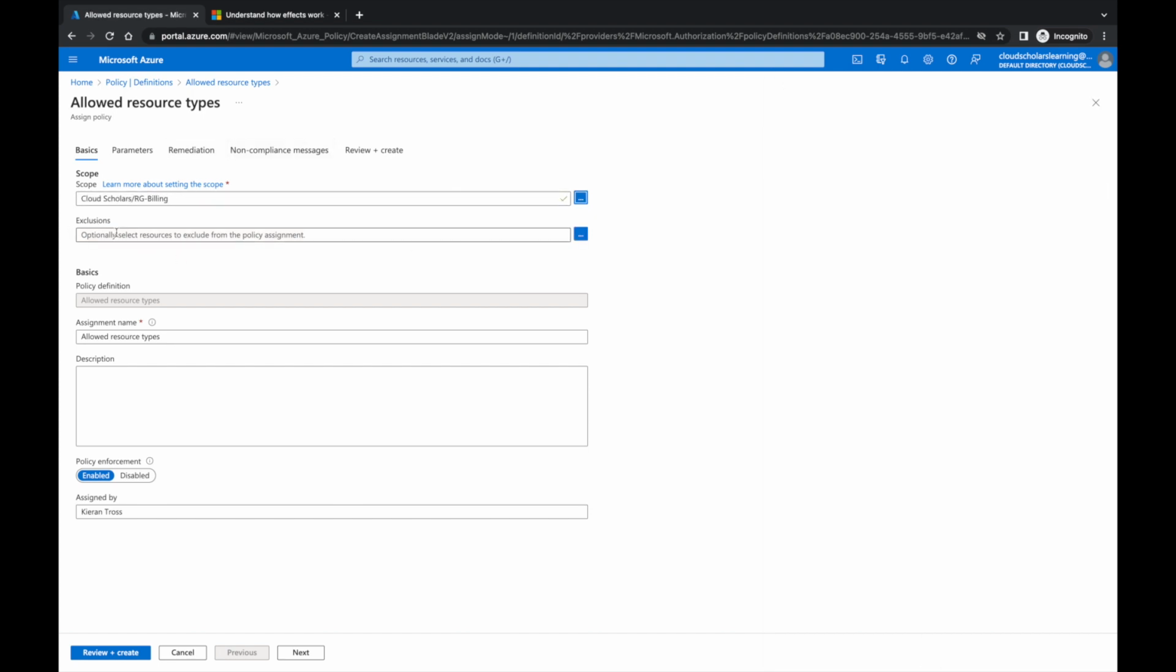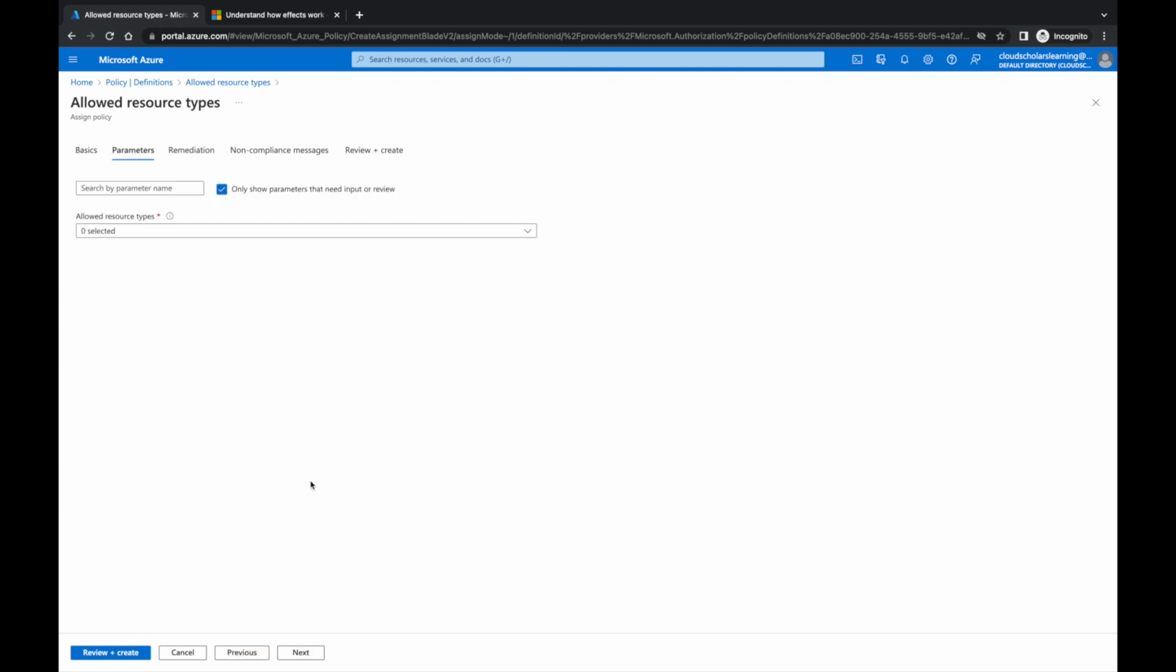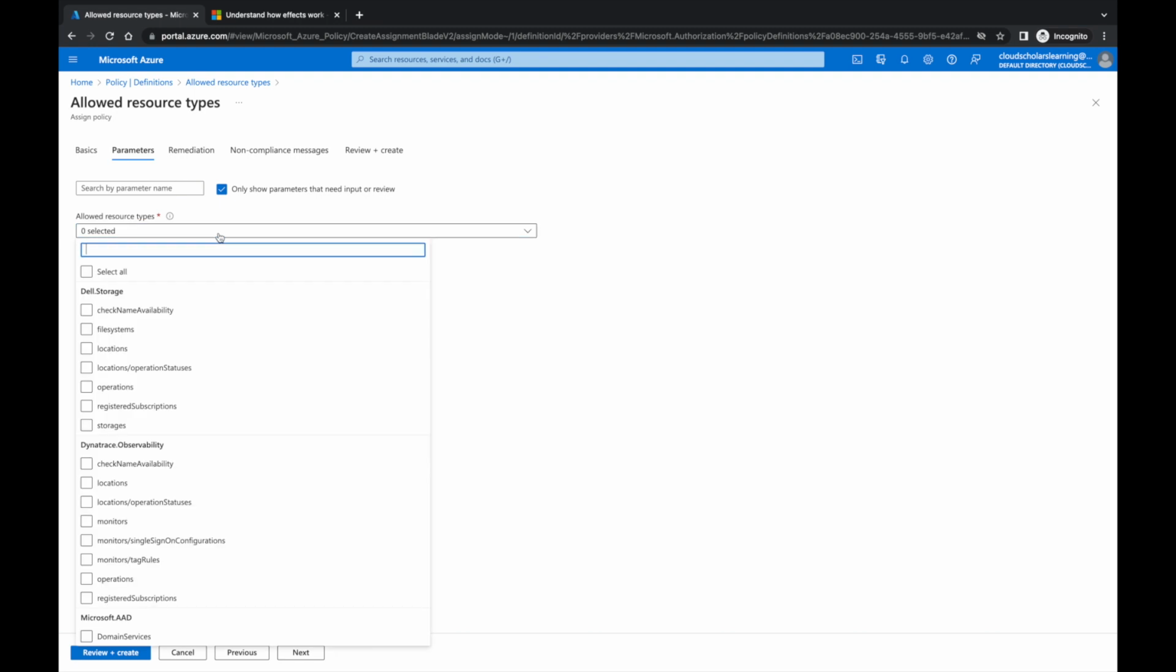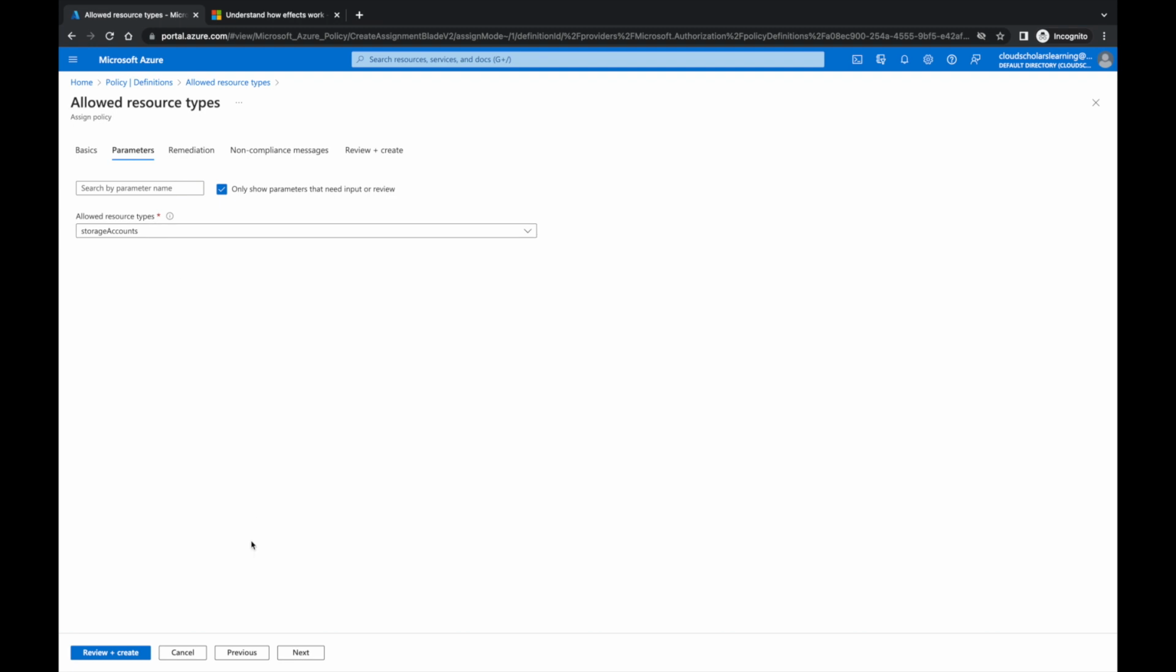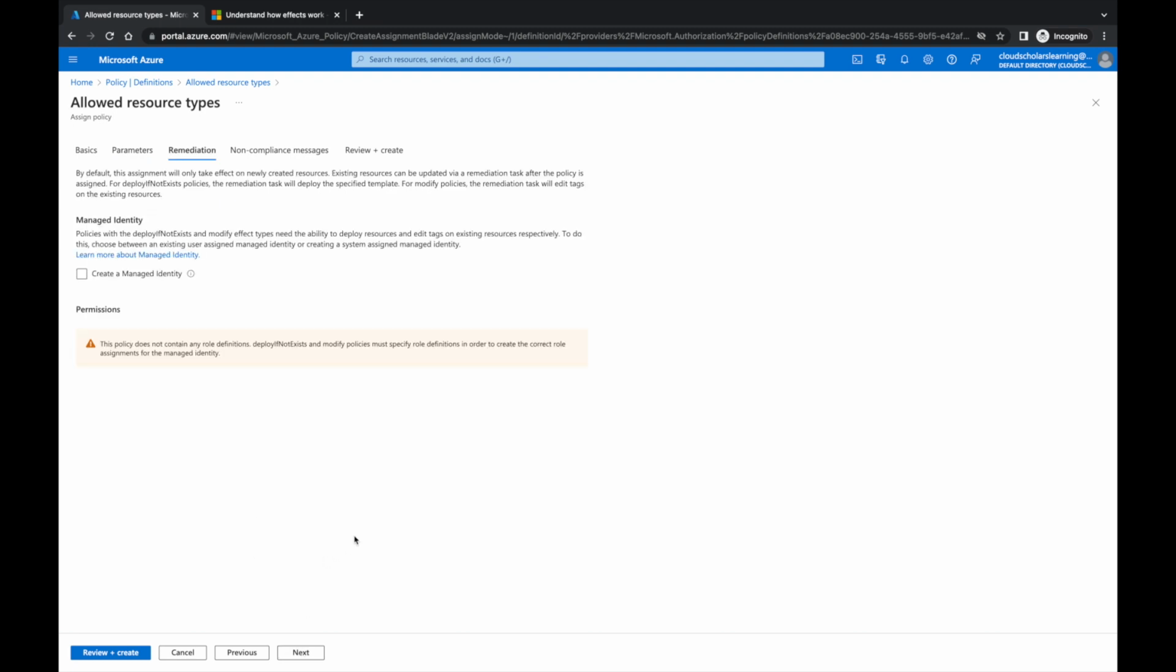You can have exclusions. We're not doing any exclusions. You could put a description. You could change the assignment name. It's totally up to you what you want to call it. So you're going to go to parameters, and now remember that parameters was an array. So basically what I choose here is what's going to drop into that parameter. So I'm going to go storage accounts, and you see that's checked off, and let's click next,